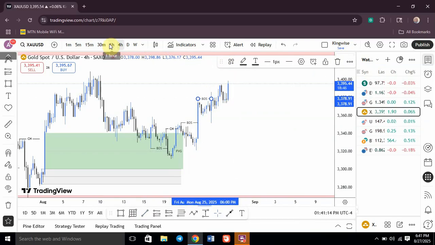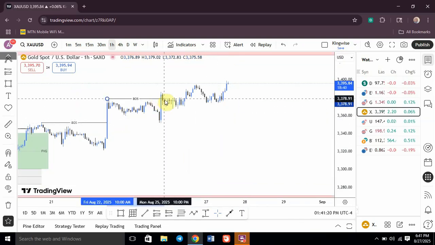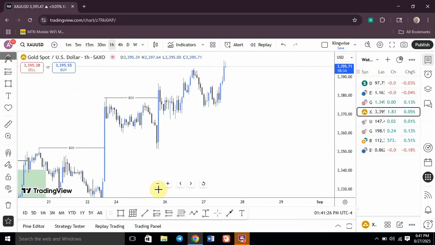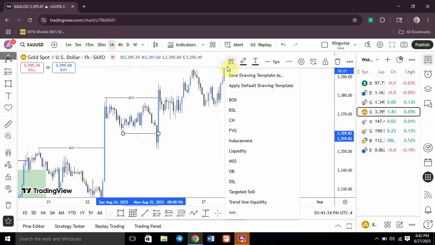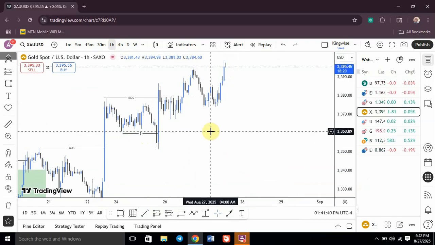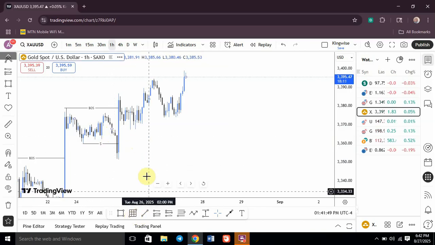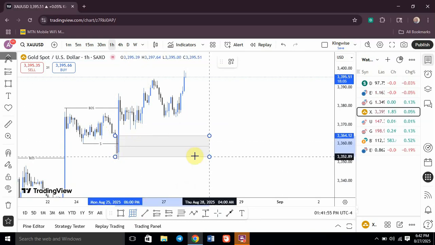Now let's see what's happened in the 1 hour time frame. So what price just did here was to take out all of this liquidity. It was more like market taking out all the buyers. So it took out this liquidity here and bought all the way up. Of course, I was actually waiting for price to come around here. That was yesterday,